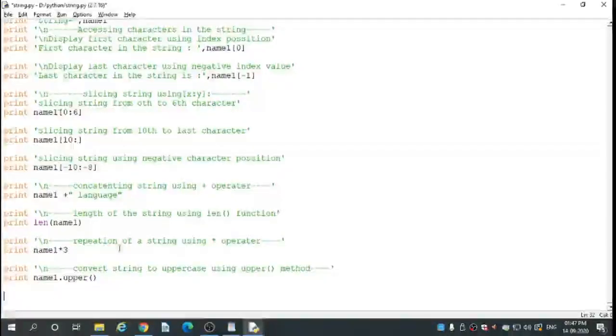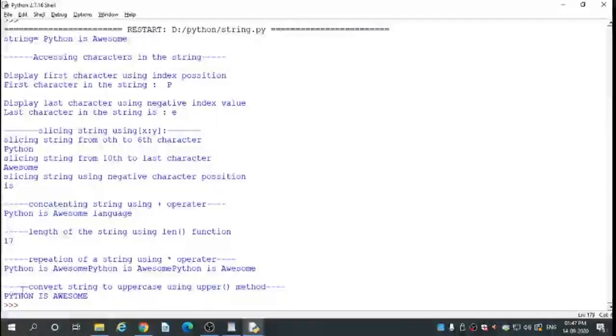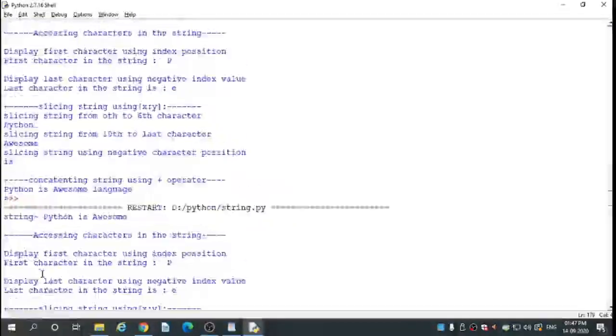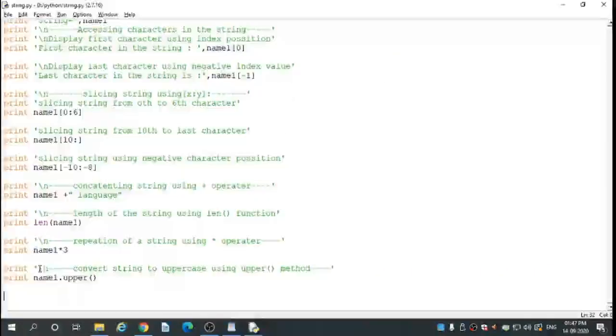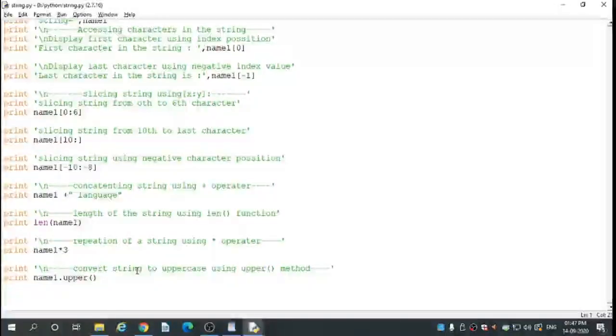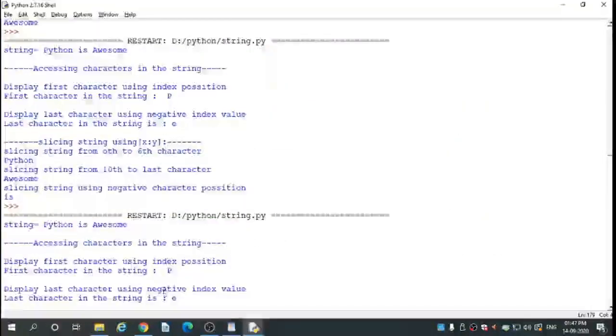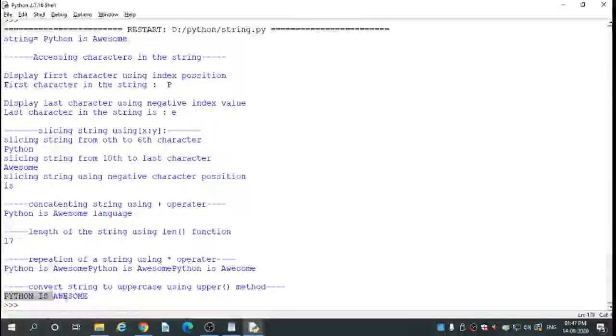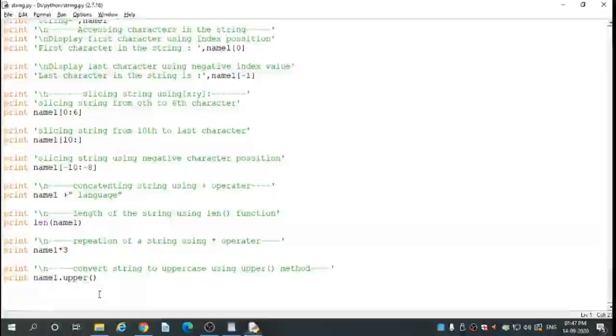So here I execute this code first. Our string is Python is awesome. So here convert the string to uppercase. So here output is Python is awesome in uppercase.